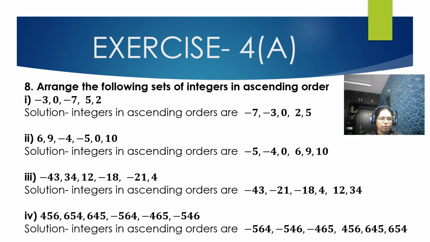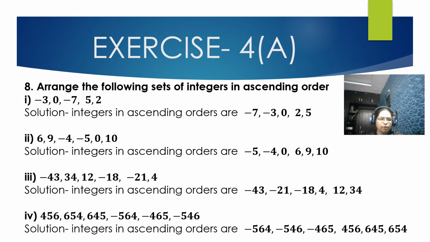Now solve question number 8. Question number 8 is arrange the following set of integers in ascending order. We have to arrange the integers from smallest to greatest. Here first bit is minus 3, 0, minus 7, 5, 2. Smallest to greatest, so the integers in ascending order are minus 7 is the smallest integer, then minus 3, then 0,